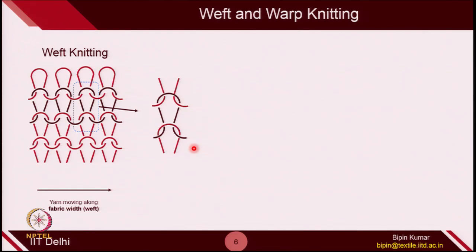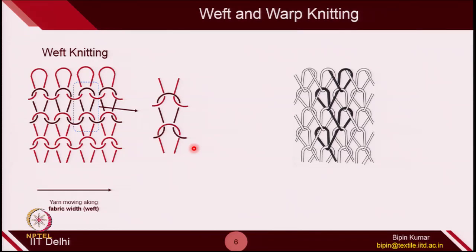Apart from weft knitting, the other type of knitting exists where the network of loops does not look like this. Let us see this structure. Here is another fabric structure which is also called knitted fabric, but the direction of loops and movement of yarns are completely different. Let us analyze the direction of yarn. If you follow the path of the black yarn, you are first moving to the second column, and then you are moving to the third column, then again the second column, and then again the third column.